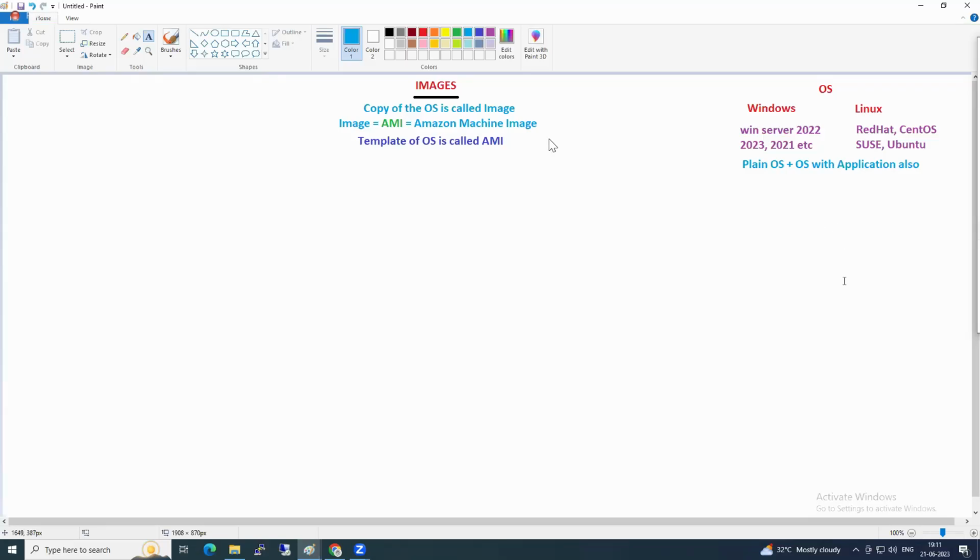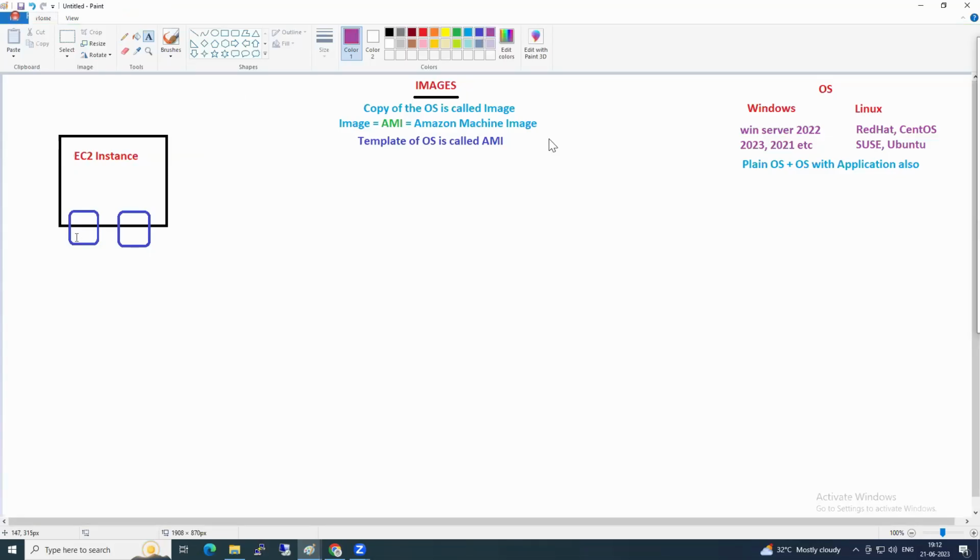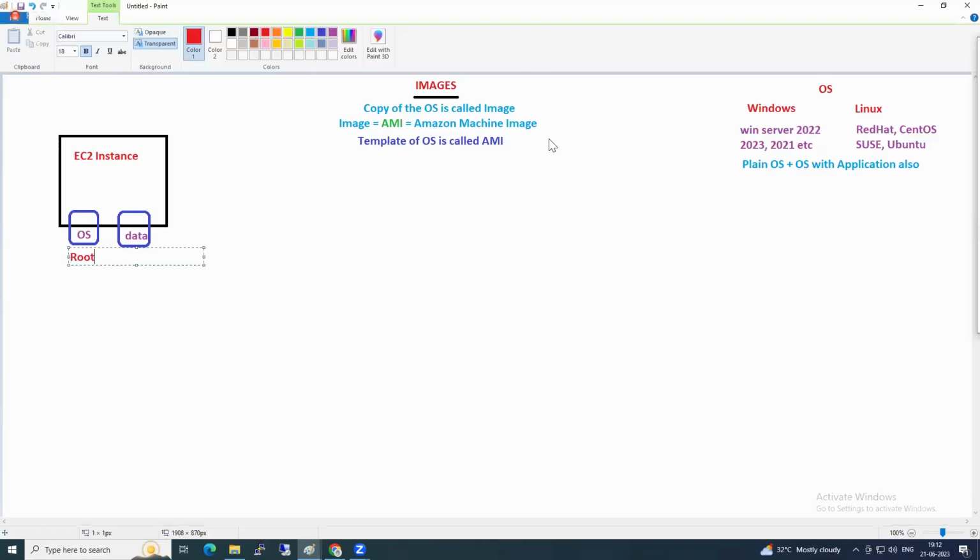Okay. He will have all these different AMIs. Correct. Now let me give a real-time example for you. So this is the EC2 instance, and this EC2 instance contains volumes. This is the OS, and this is your data volume. Meaning this is your root volume, and this is your